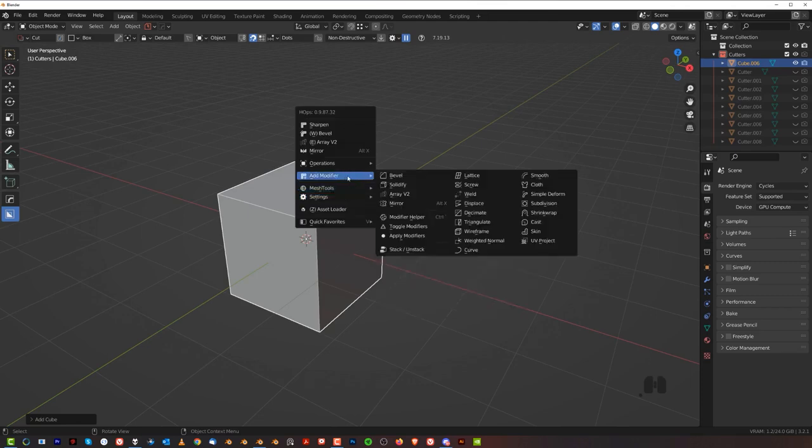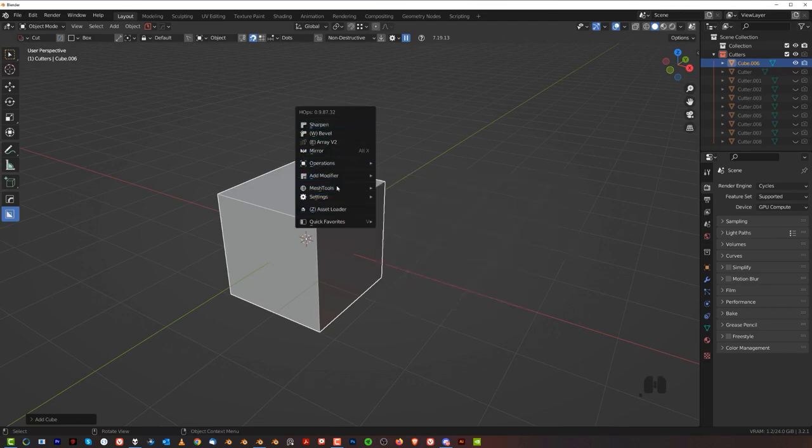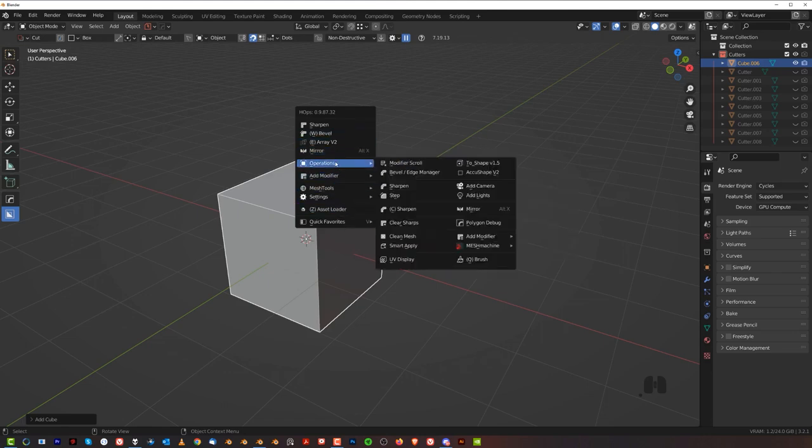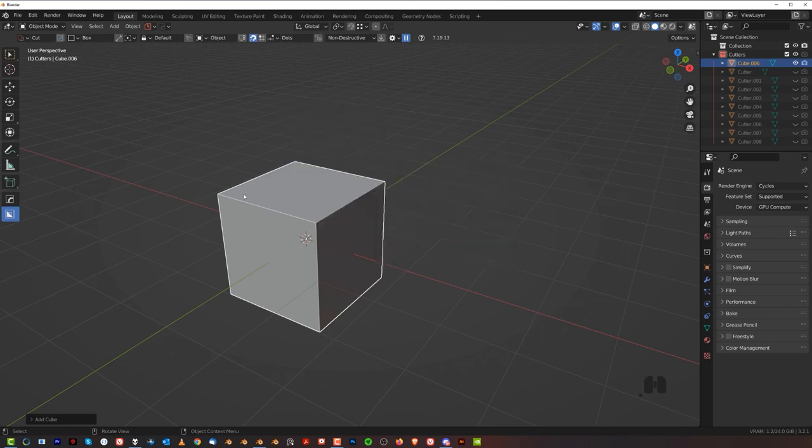And guys, these are the major functions and options you're going to be using in these add-ons, probably 90% of the time. Of course, there are more advanced options and functions, but